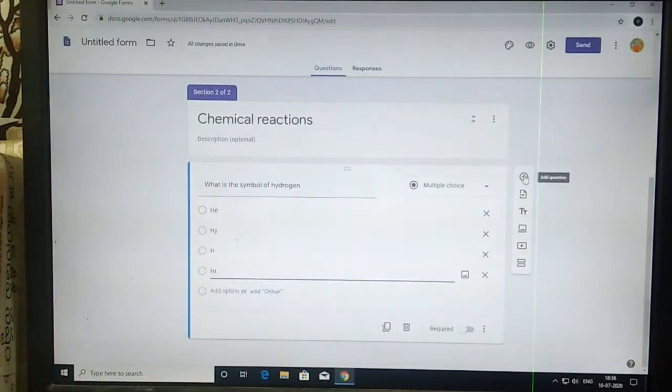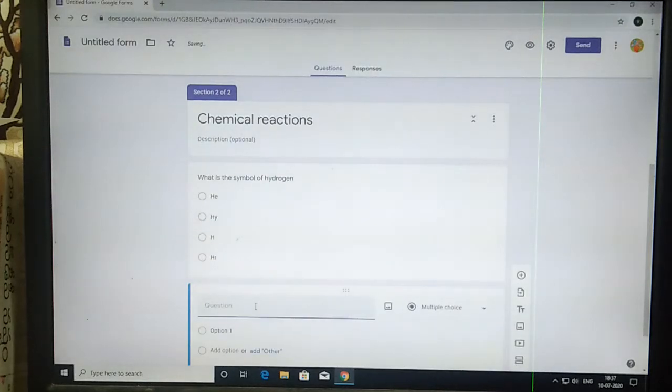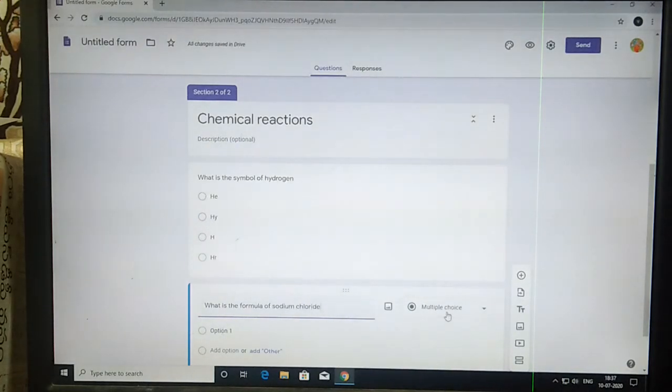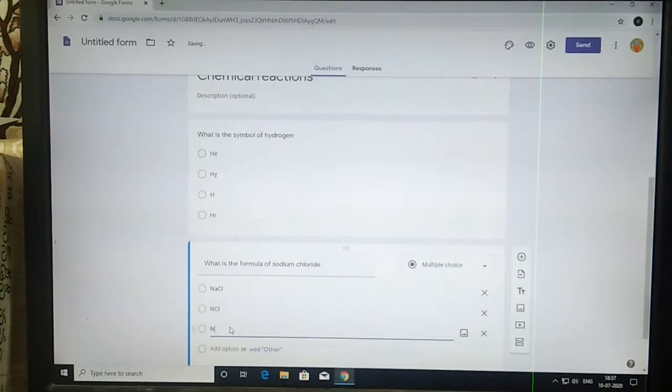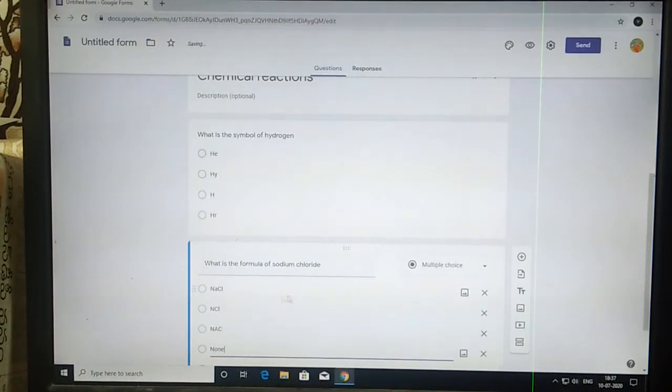Then again, if you want one more question, just click on that. Here you can type the question. So here also again it is a multiple choice question, and I give the options. Okay.